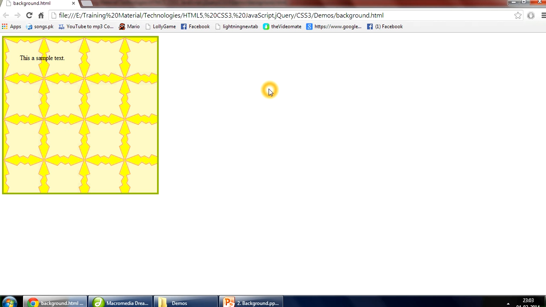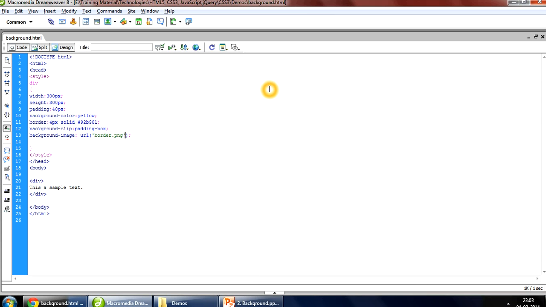You can see that the background has changed, but your background is repeating. We do not want it to be repeated, so no repeat for this.